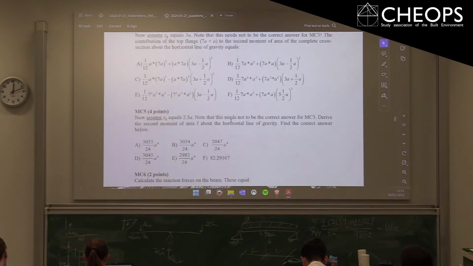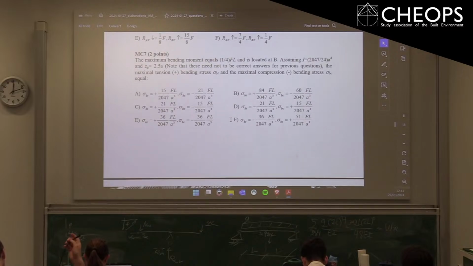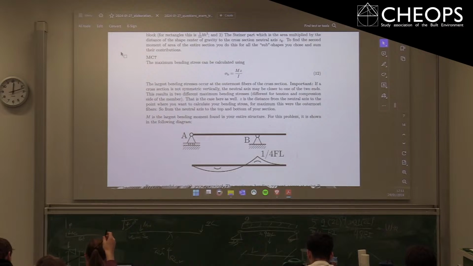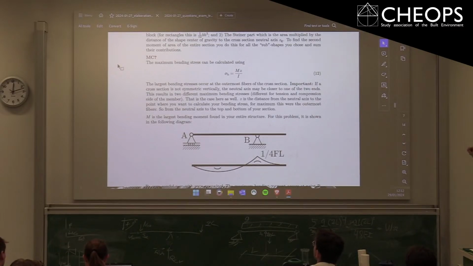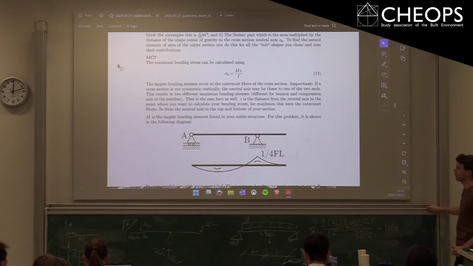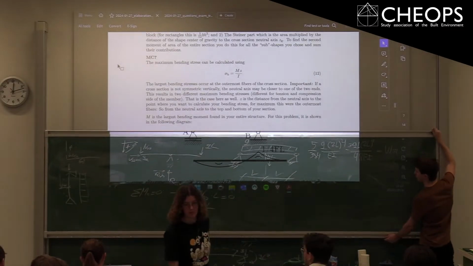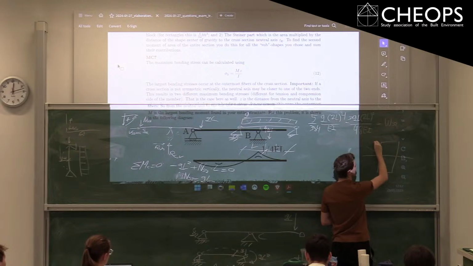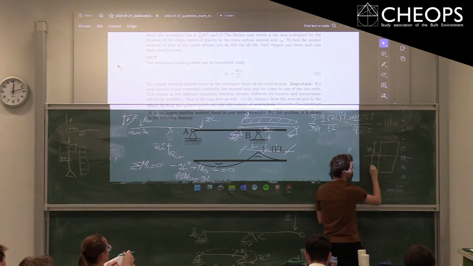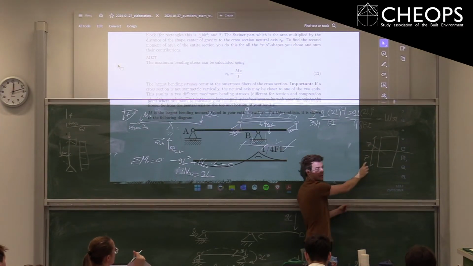So the first one they're going to ask you here is the bending stresses. And some notes about that: bending stresses you could calculate with Mz over I, right? That z is the distance to the outermost fibers of your cross-section. So if we, for example, have a rectangle, the neutral axis is in the middle, this is simply z. Well, or this one. But be aware that in case of